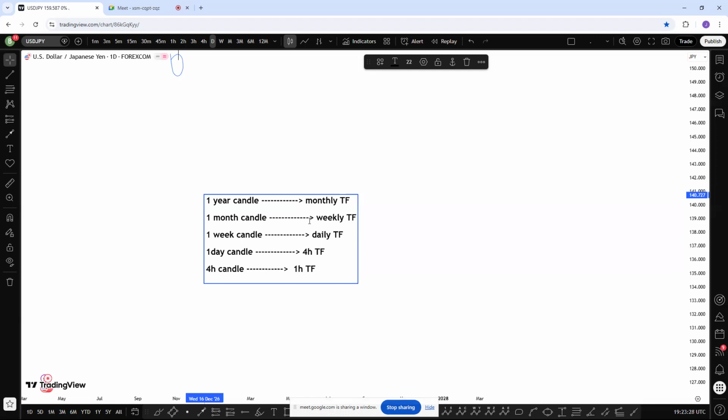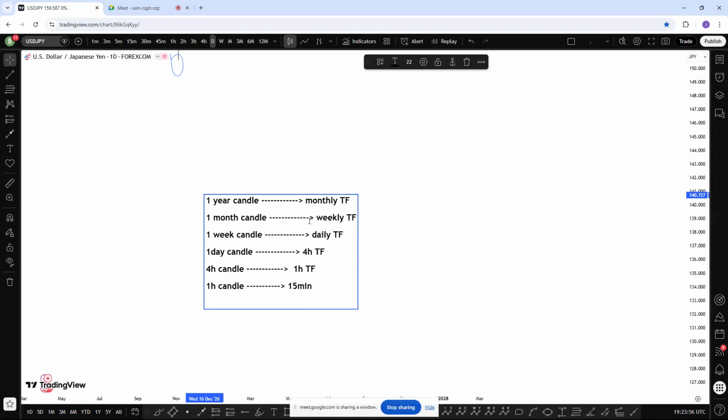If you want to trade 1 hour candle, make sure first of all use what? Use 15 minutes. So in case you want to trade 15 minutes,